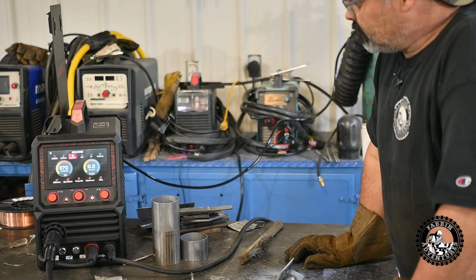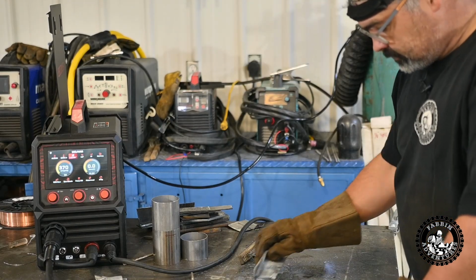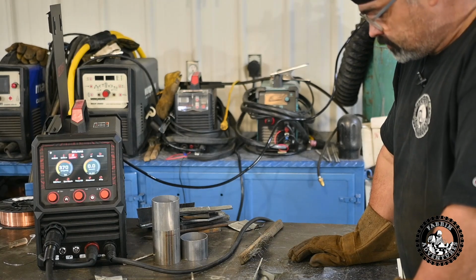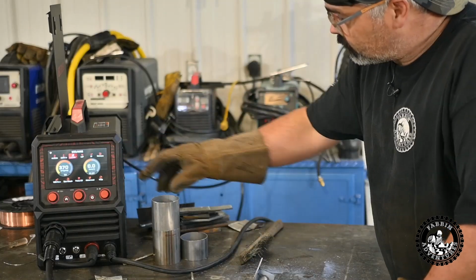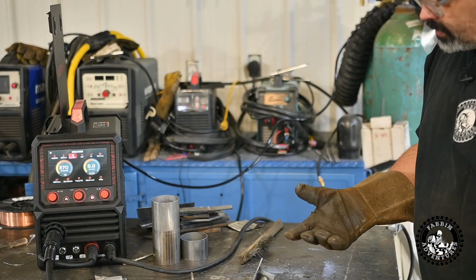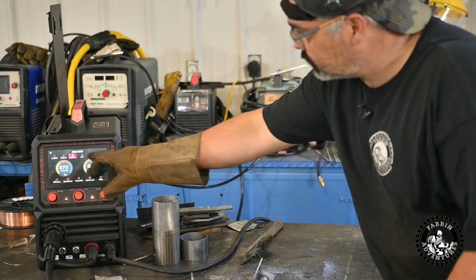All right, not quite sure what was going on there, but I was trying to get this set up here, and it was burning super hot, and I couldn't quite figure out what it was. I looked on here, and it was at 045, and I tried to turn it back down to 035, and it wouldn't let me. I shut it off. I turned it back on. Now we're back to 035,